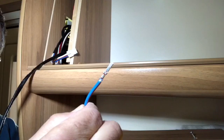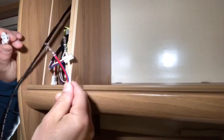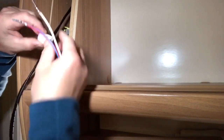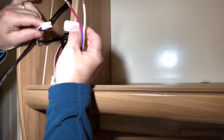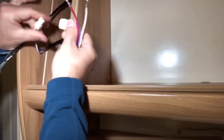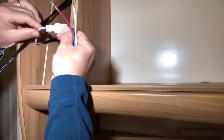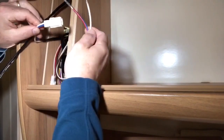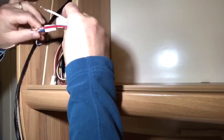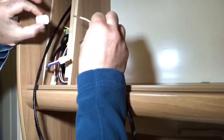They've crimped on perfect. Now the crimp-on terminals can be slotted into the plastic plug, so we've got to get the correct orientation of the plug so that will slot on that way. So the white wire goes to the top, so keeping it that way up,